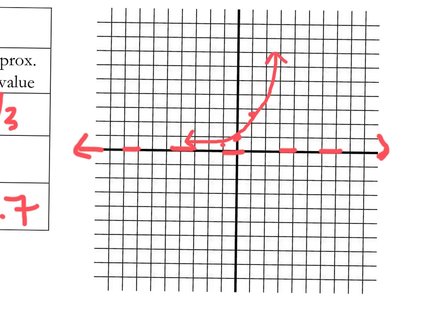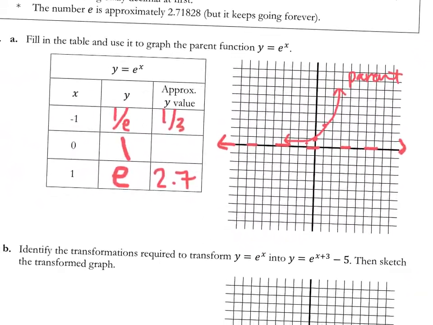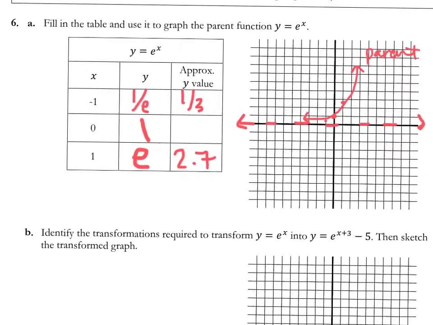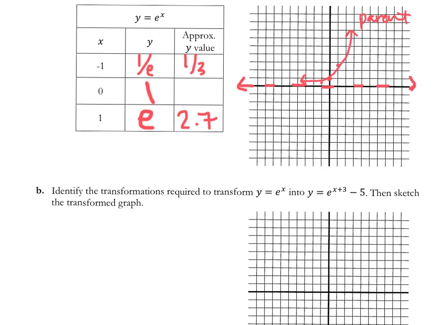So this pink graph is your parent function. Letter B asks you to think about some transformations. What transformations would transform y equals e to the x into this guy over here? This one is actually just a matter of some shifts. We see that we have a shift left by 3 and then down by